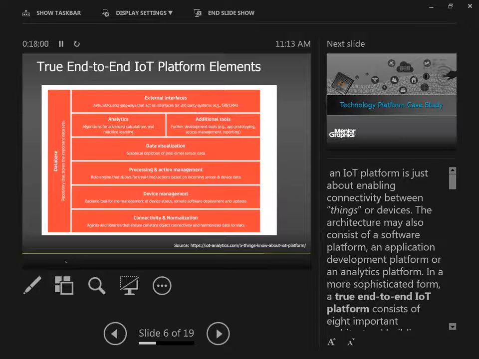Visualization, so the ability to basically map the data that you have captured in your IoT platform in visualized dashboards where data is portrayed, for example, through line, stack, pie charts, 2D or even 3D models. If I want to see the temperature over the last 3 months of a specific place, I really don't want to see a table that is showing me the temperature reading every 10 milliseconds.